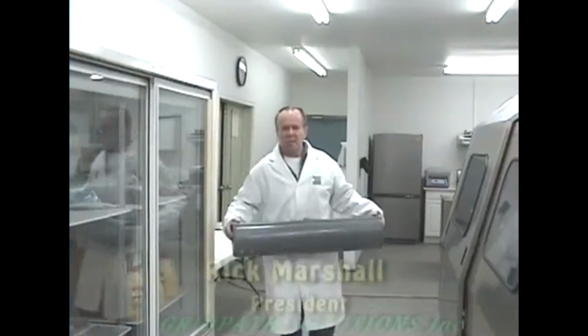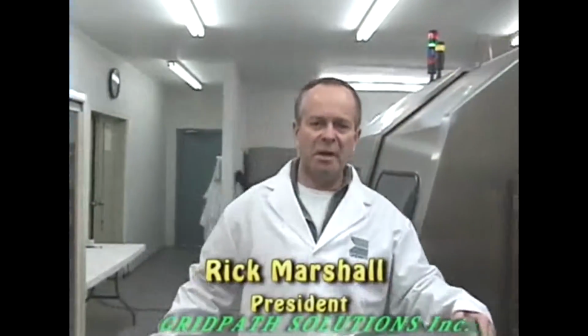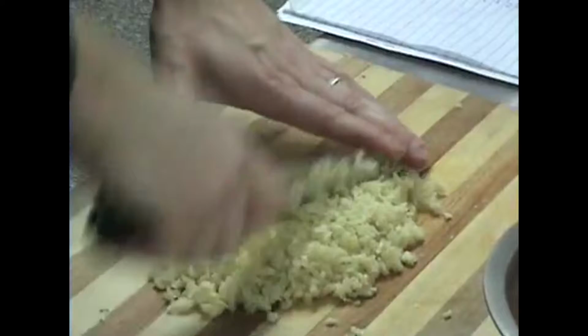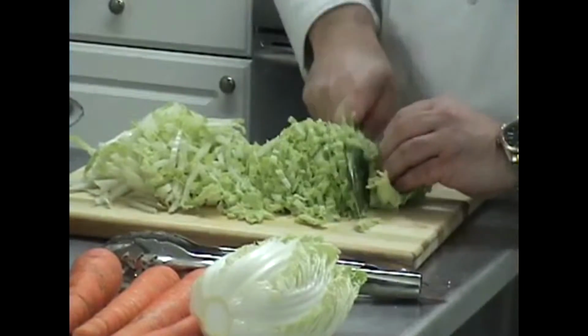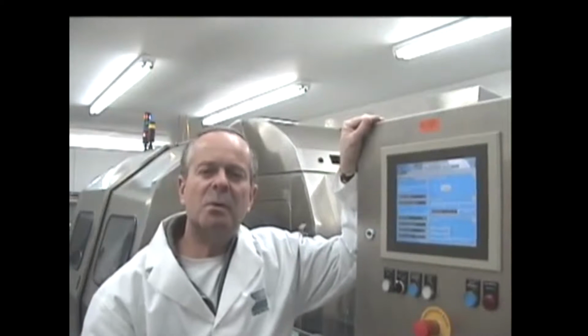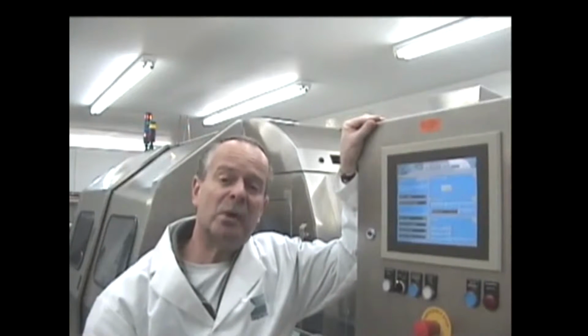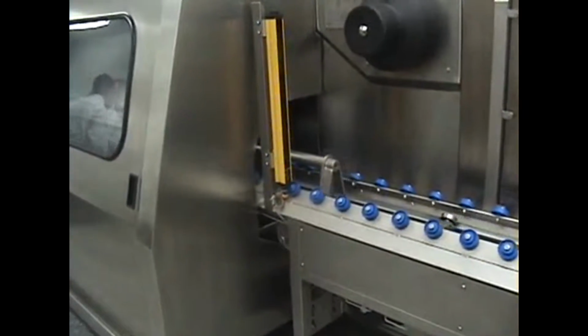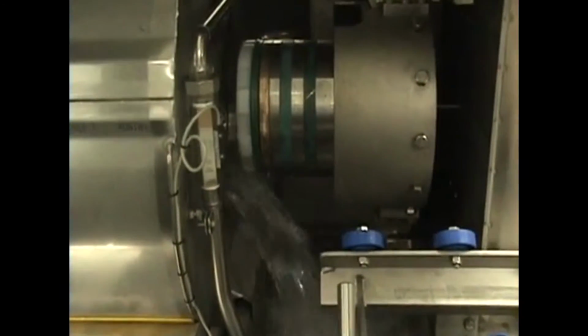High-pressure processing can produce some incredible results for food companies looking to improve on food safety and shelf life without compromising on product quality. NC Hyperbaric from Spain is the world's leader in the manufacture of production-scale equipment for high-pressure food processing. That's why NC and Gridpath teamed up to create this Center of Excellence, to provide food companies with the opportunity